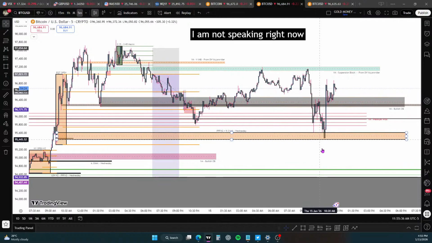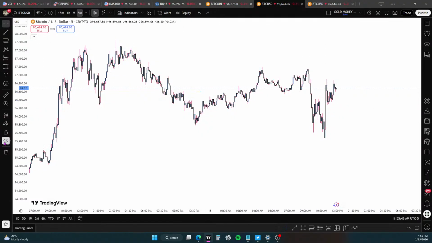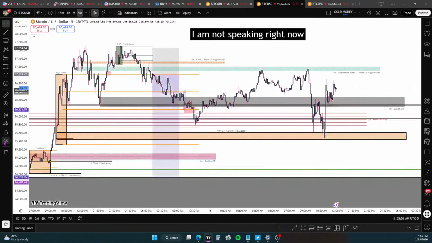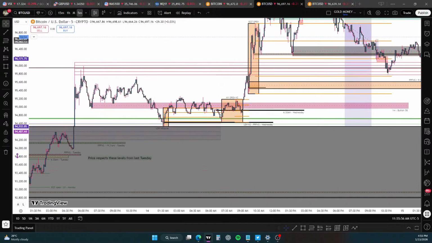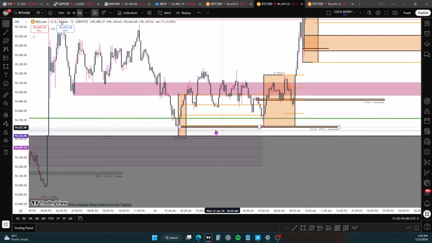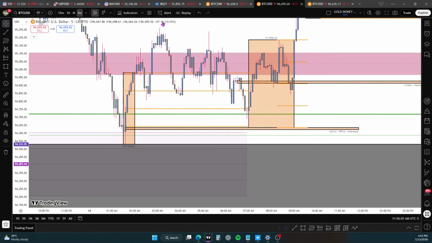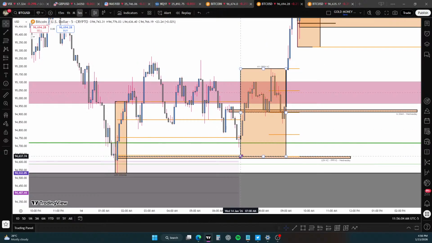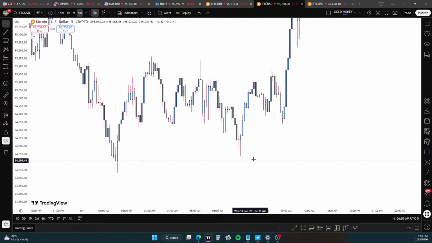Basically, I want to outline this. This wick perfectly taps this orange bar, and these candlesticks don't close or even wick beneath it at all. And then we trade higher, displacement. So that is also equally incredible. This is the algorithm doing its job, you know. This is what makes my job easy. Look at how clean that is. I'll show you again. Your eyes are down here on this wick into this orange bar.